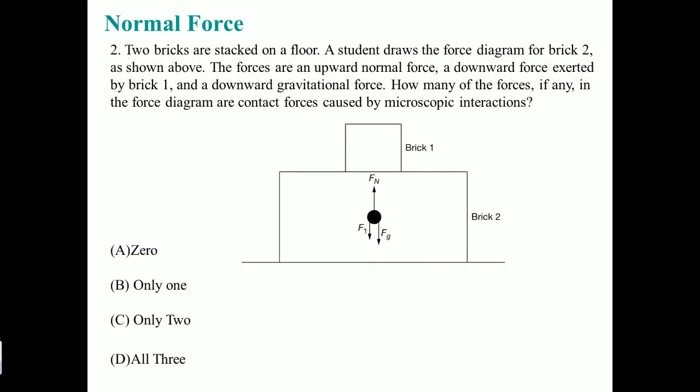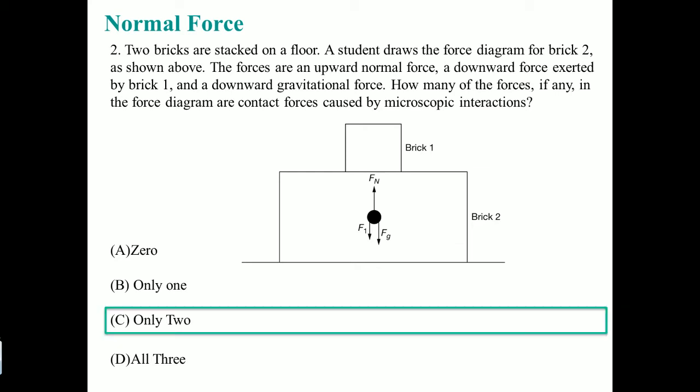Number 2. Two bricks are stacked on the floor. A student draws the force diagram on brick 2 as shown. The forces are an upward normal force, Fn, a downward force exerted by brick 1, F1, and the downward force of gravity, Fg. How many forces, if any, in the diagram are contact forces caused by molecular interaction? The only forces that are microscopic interactions are going to be the normal force,